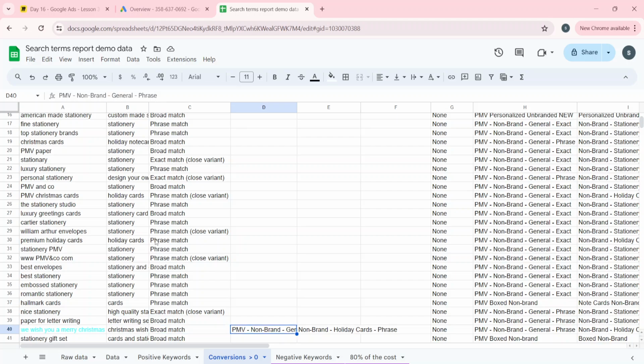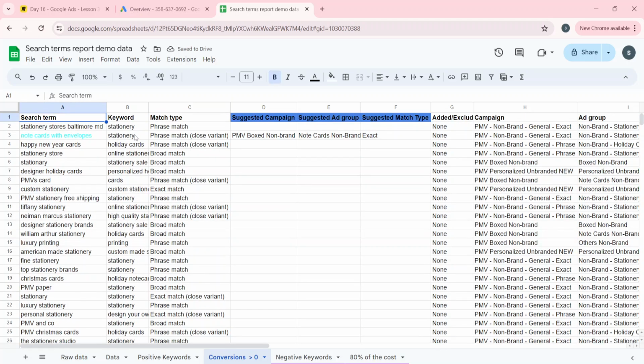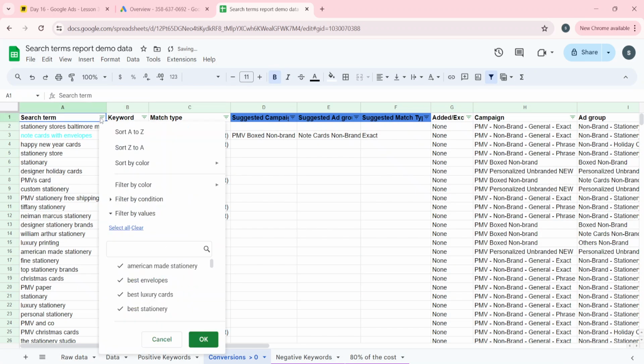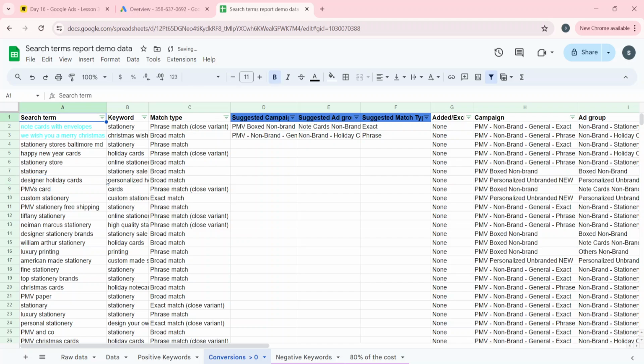If you observe, the match type is phrase. In the campaign name itself, we have mentioned the match type as phrase match. So the keyword that we are adding newly should also be in phrase match only, right? Just keep the filters, sort by color, like this. Like this, you can add such terms as positive keywords in the respective campaign and respective ad